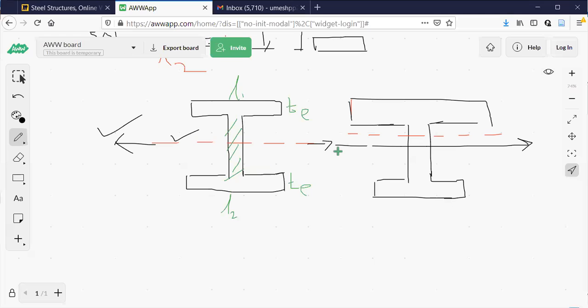There is a problem here. See, welds will be subjected to a moment which is equal to force into eccentricity. Let us say this is small e, this is small e. P into e is moment. That means the weld is subjected to a moment, which should not be allowed. That is why I must see that the both are coinciding. How it is done, I'll show you.